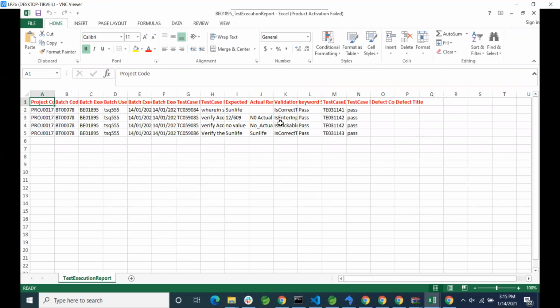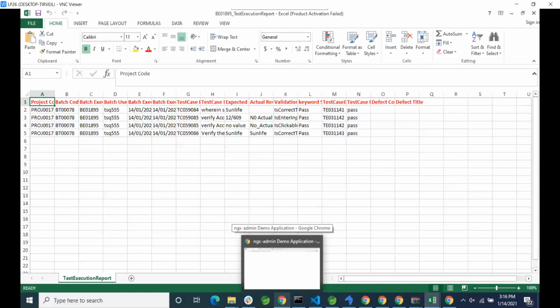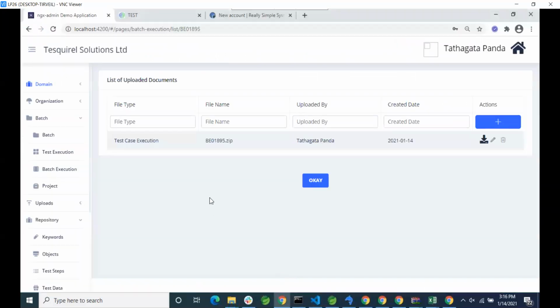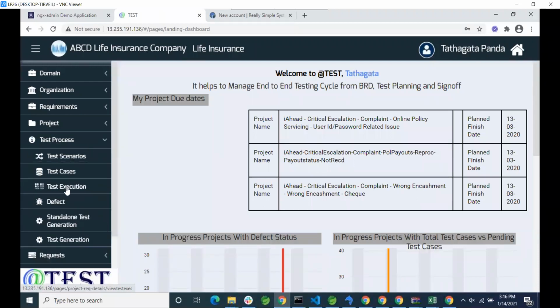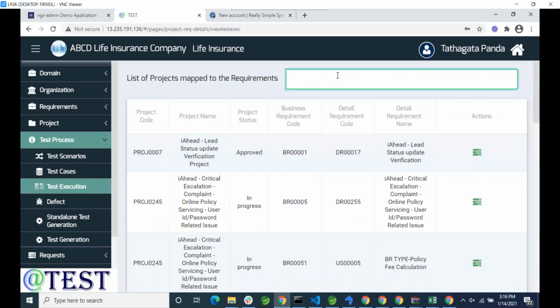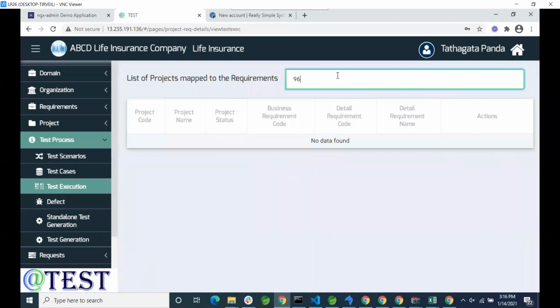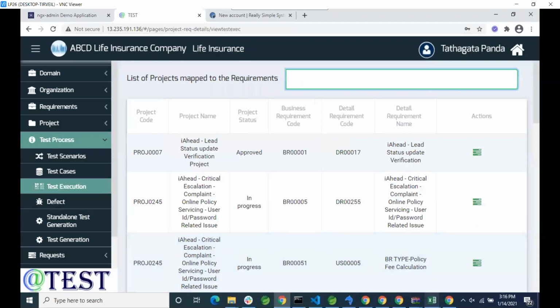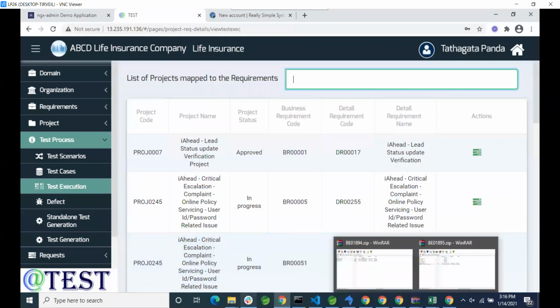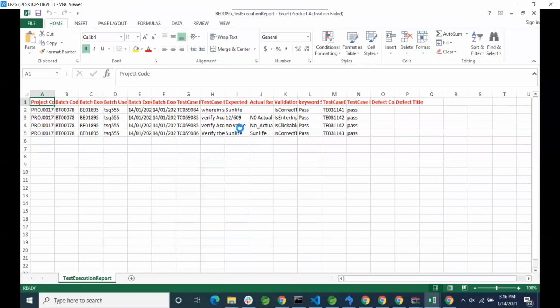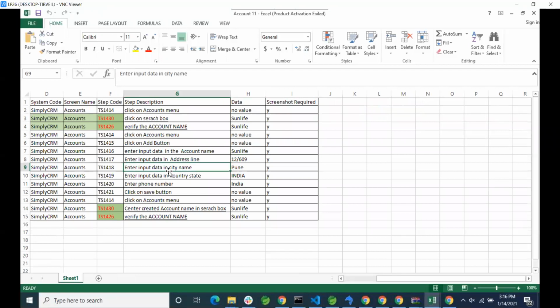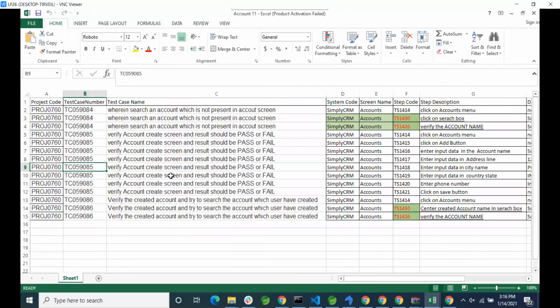And the third verification of the test execution results is by verifying this in the test ALM system. So we'll go here, and this is our test ALM system. We'll go to test process, we'll go to test execution here, and enter the project name. We will verify the project name from our input file, and here we can see the project is 760.